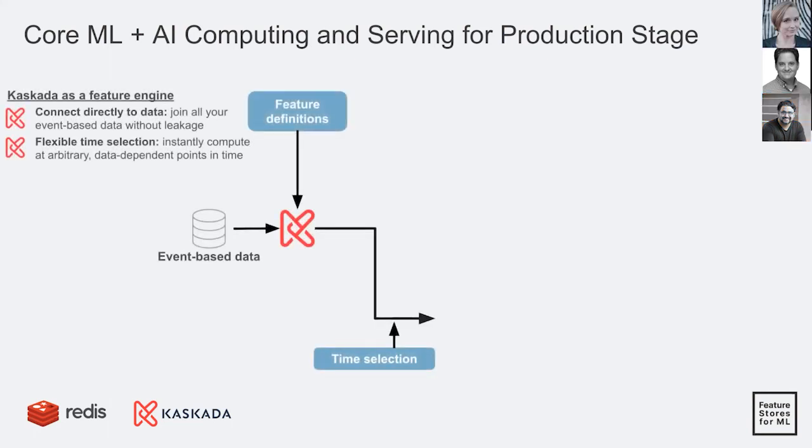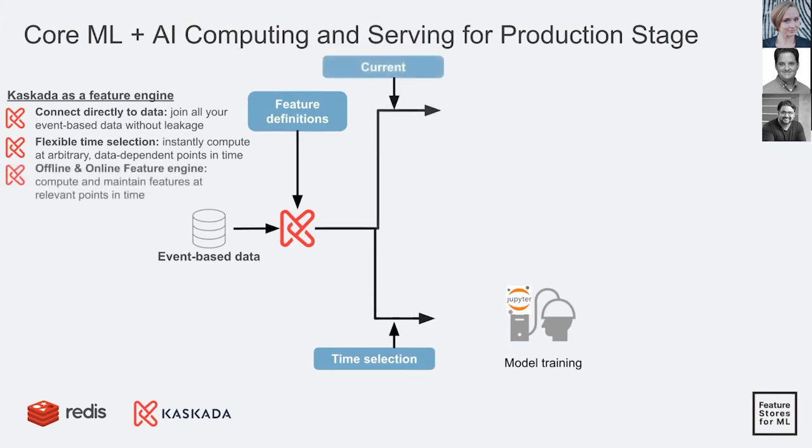Perfect. So we'll start with the first step. Here you'll see that Kaskada is connecting directly to the event-based data to instantly compute new features at those arbitrary data-dependent points in time. This is done in a data scientist's favorite environment, even in Jupyter, where Kaskada supports ad hoc queries during exploration that are not persistent until they've been able to train a model they'd like to try in production. Then a persistent view of the group of features is created to be computed at scoring time, incrementally in this case, to keep the online feature store up to date.